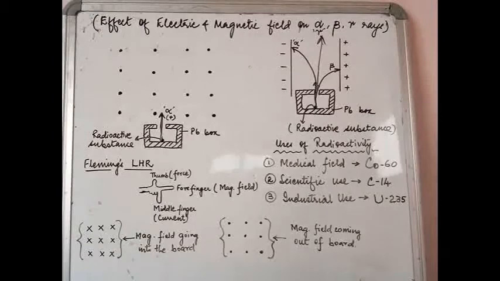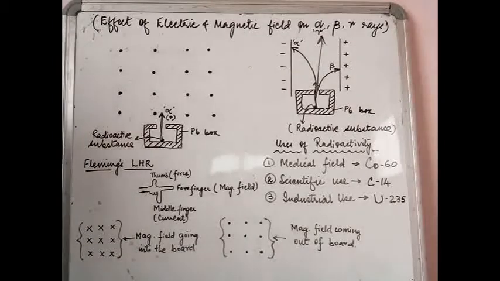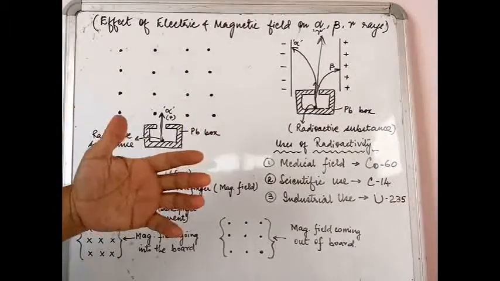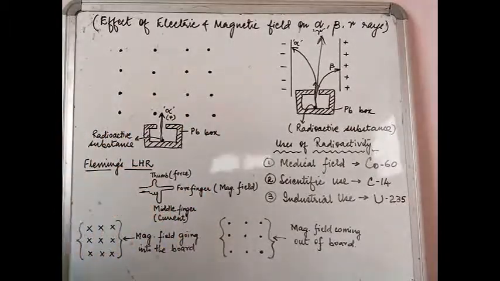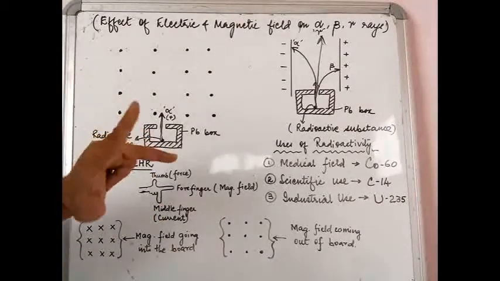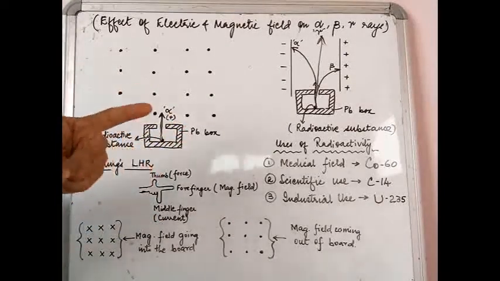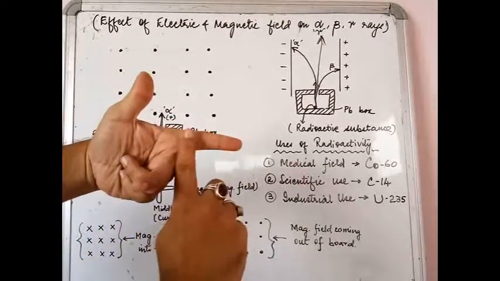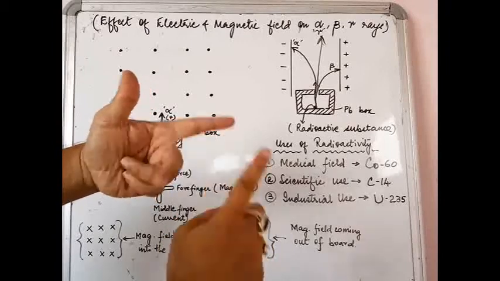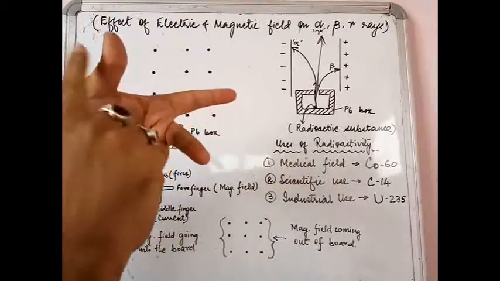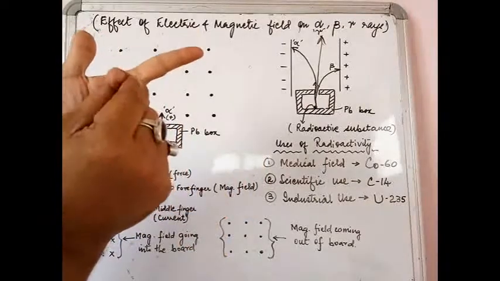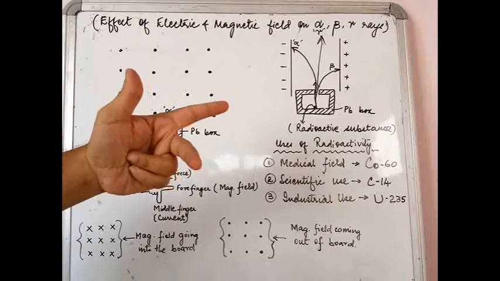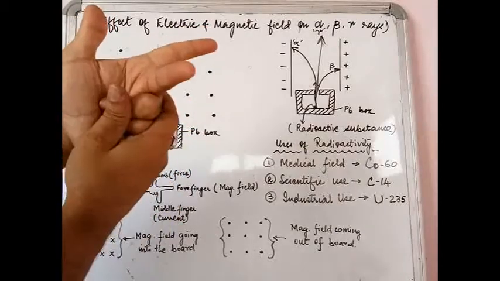Now what is that rule? First of all, as the word suggests, it is going to be your left hand. So if this is my left hand, you will always have to keep your left hand into play. Now these three are the fingers that you have to use. Let me first tell you, this is the forefinger. You see, these are the first three, the thumb, the forefinger and the middle finger. These are the three fingers of the left hand that you have to use. The remaining two fingers have to be kept like this.